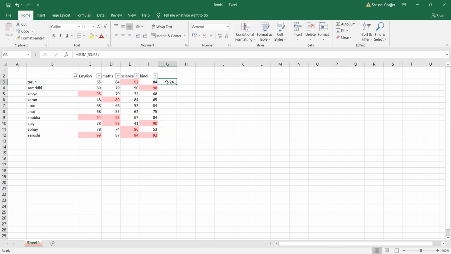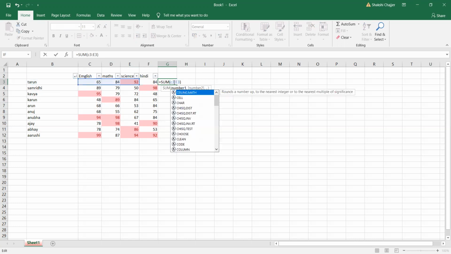Let's say the row selected is wrong. You can enter the numbers over here.